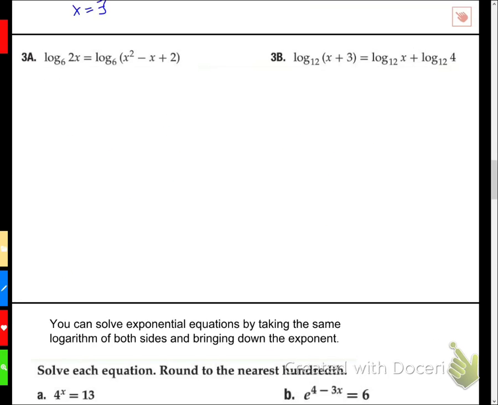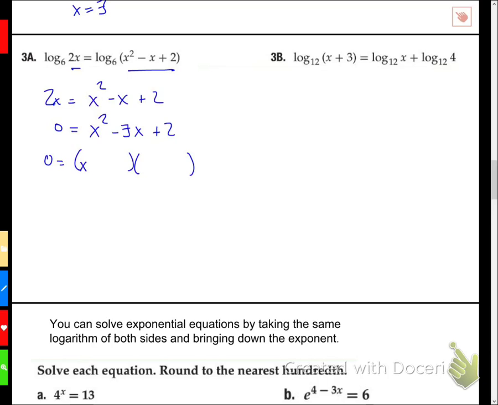Okay, so here's another one where they're already equal, or we already have a log 6 equals a log 6, so we just need the two arguments to be equal. 2x is equal to x squared minus x plus 2. We'll subtract 2 from both sides. So that gives me x squared minus 3x plus 2, and that should factor